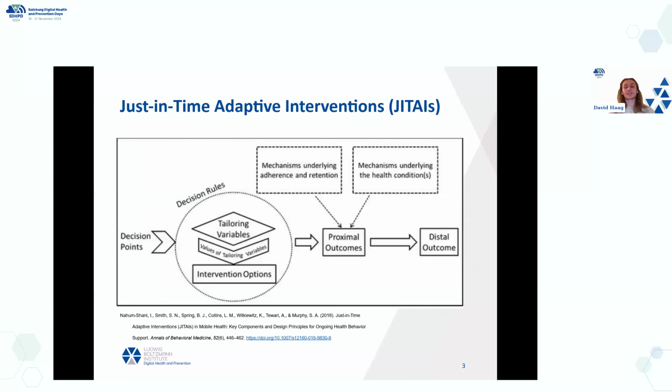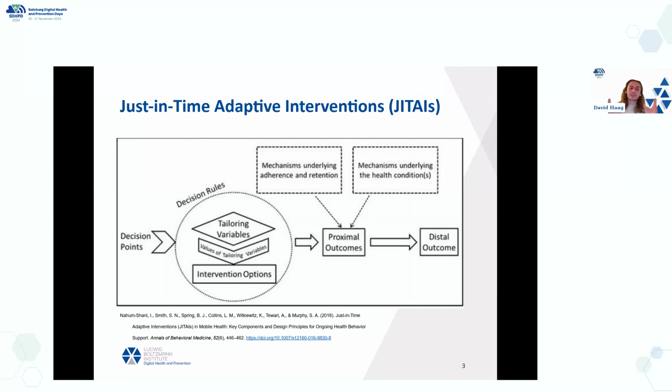So let's start off with what is a just-in-time adaptive intervention. The idea is that you send the right intervention content at exactly that moment in time that it can have the most effect on the user. It is most well known from the digital health context, so that mostly we want to support people with their health goals. So, for example, physical activity, what we're often working on.